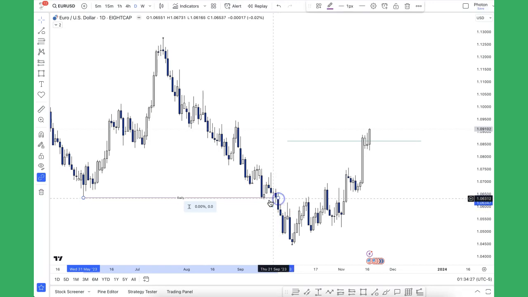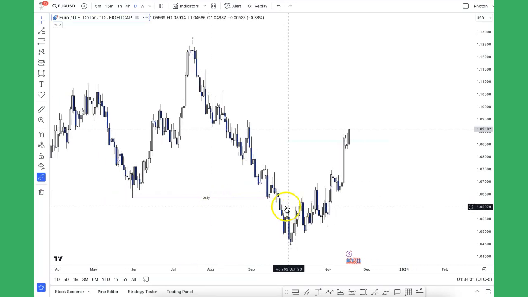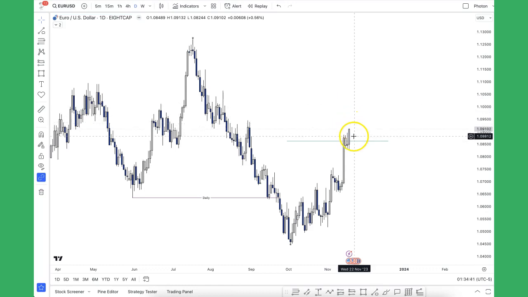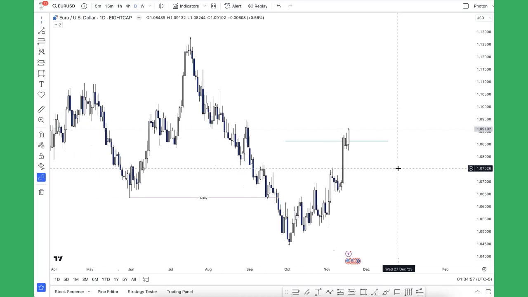So this is where I have had a break of structure, and now I can say that price is going to pull up to the premium levels, and I would expect the downward trend to continue. And for the downward trend to continue, I would like to see a minimum change of character or internal break of structure to say that yes, price is now going down. So this is how I start off by marking my daily chart,